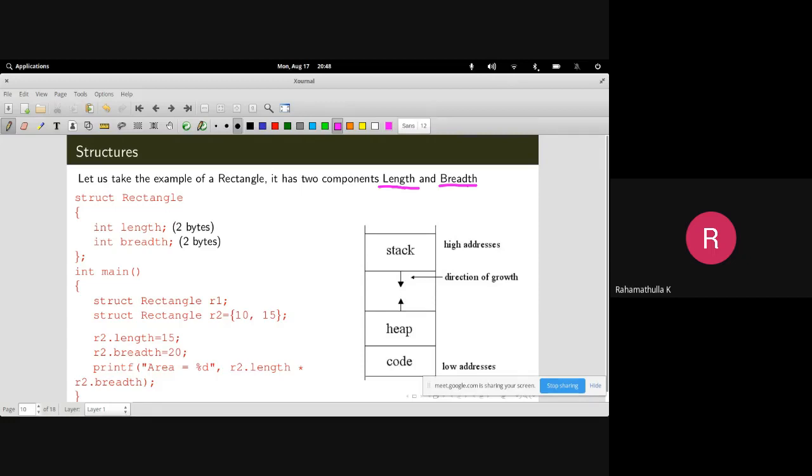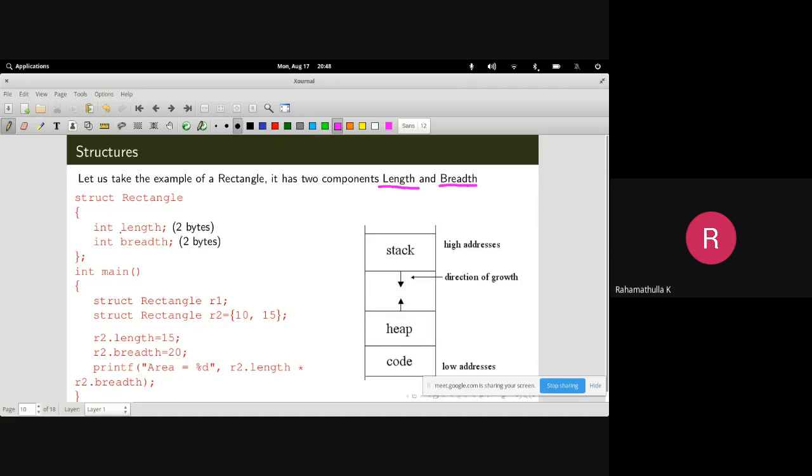So what you do is create a new user-defined data type by using struct rectangle. For the sake of simplicity, we take both length and breadth as integers, so int length and int breadth. Well, that's it. That's how you create a structure.